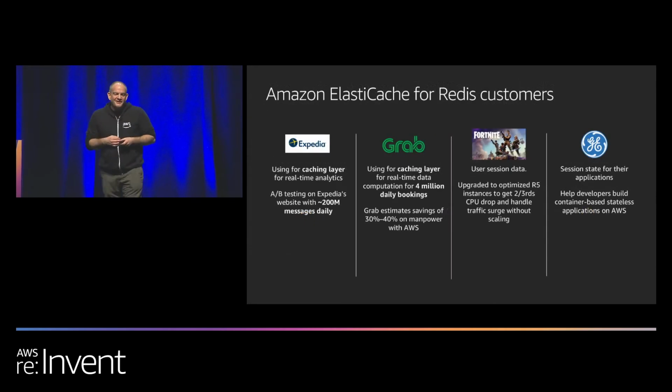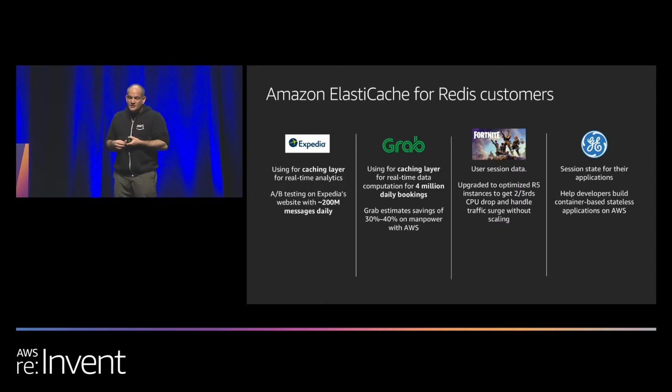Okay. A little bit about our customers. We talked a little bit about use cases. These 4 examples are really kind of canonical to what people are doing. With Expedia, they're doing basically query acceleration. They're using ElastiCache to make sure that they don't go to the database for each query.